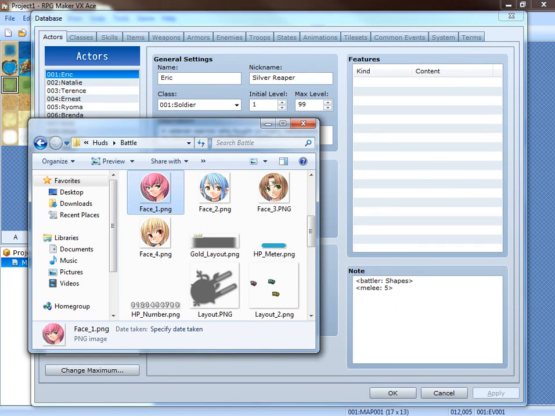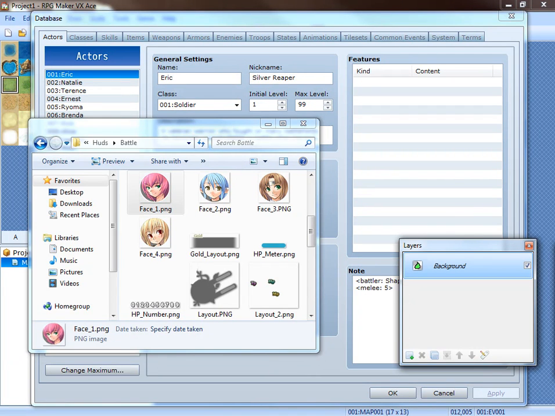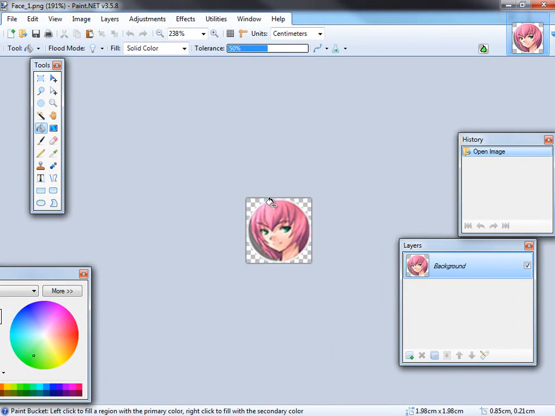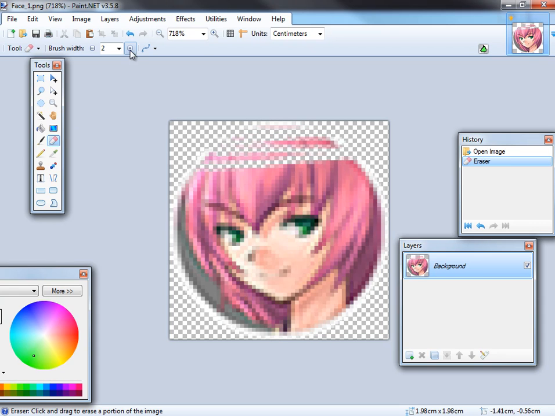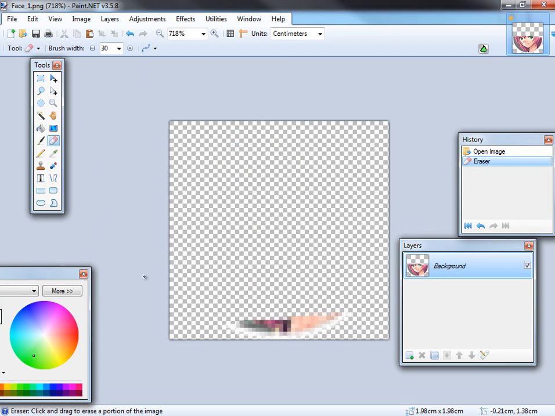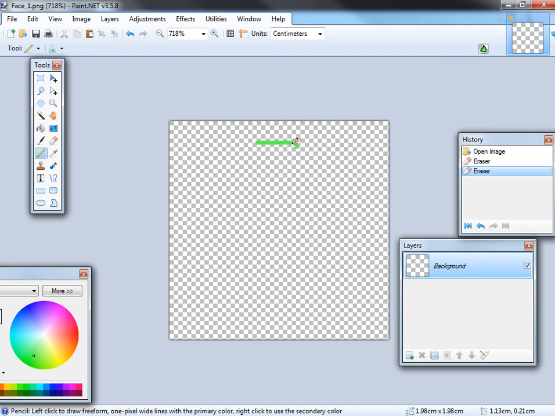So what I want to do right now is take Eric's face, open it up in the image editing software. I want to go ahead and erase what we have. Let's make this a little bit bigger there. Erase what we have, and we're just going to draw whatever, a green face